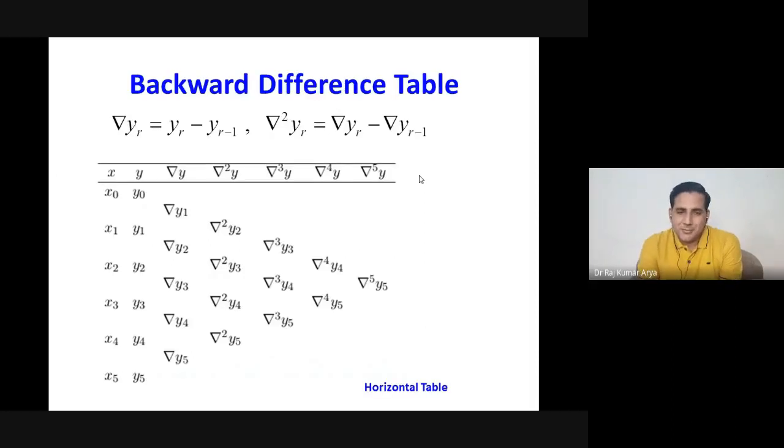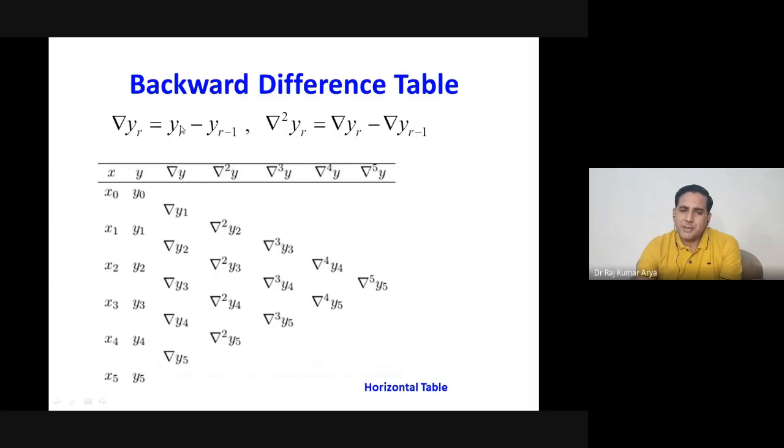Now the next thing we have is backward difference tables. Previously we had forward difference, now we have backward difference. In the same way we can generate the table for that. For backward difference, you are going to the back side, from here to this side. Previously we were going from here to this front side. Now you are going from the last to the first one.